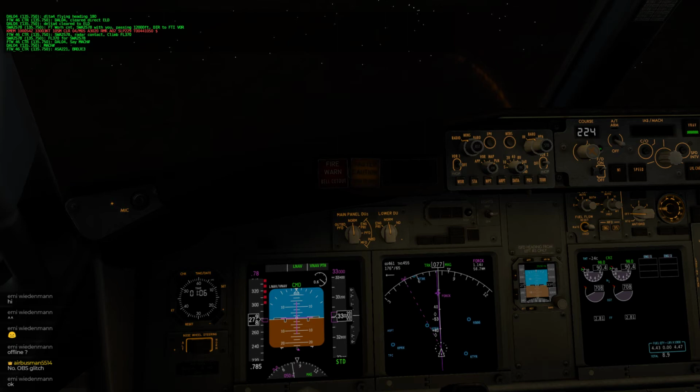Arrival loaded in, descend via the bridge. Let's try that. Arrival and use heavy landing north. We have to go to